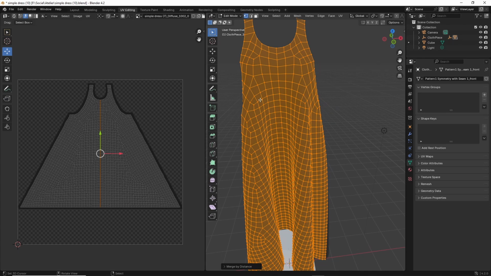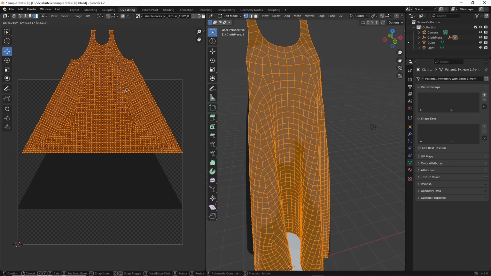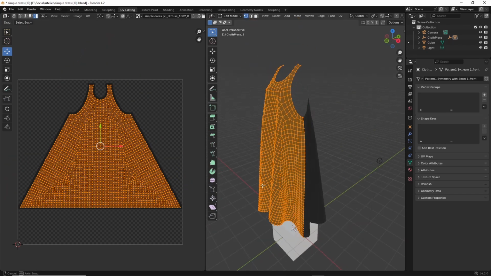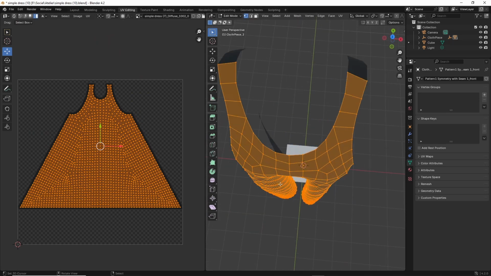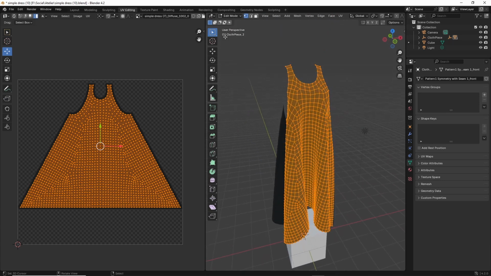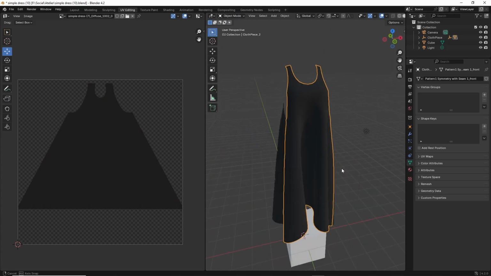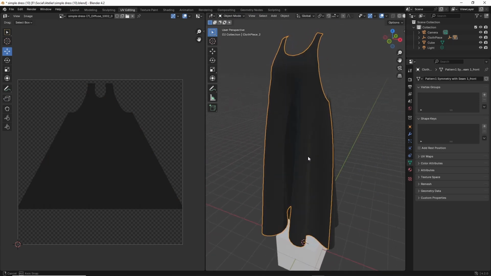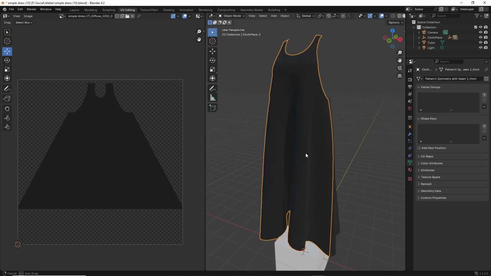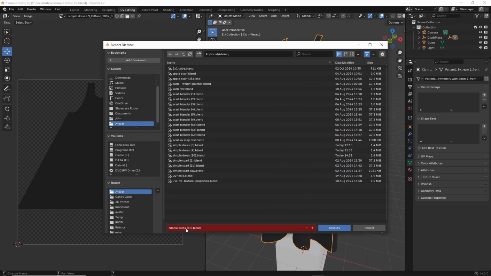So now we can use our island to do the same thing. So island selection, escape. So that, exit, is our dress prepped and ready for use with the clothing tool. So let's just save this file, save as